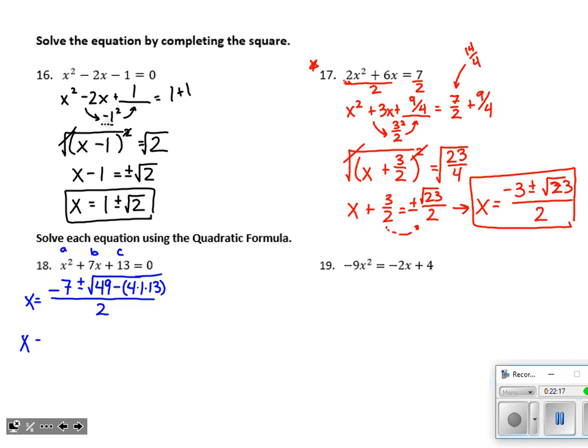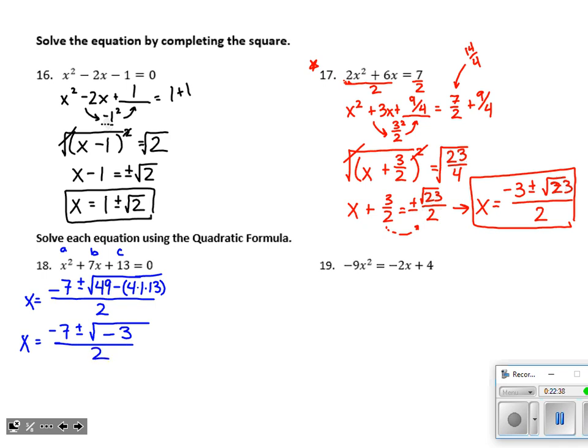Well, let's simplify that radical. That's our first task. All those numbers are grouped together. I get 49 minus 52 underneath, and we can use a calculator to do this math for us. Just be sure that you're grouping this multiplication together, and we should get a nice answer of negative 3